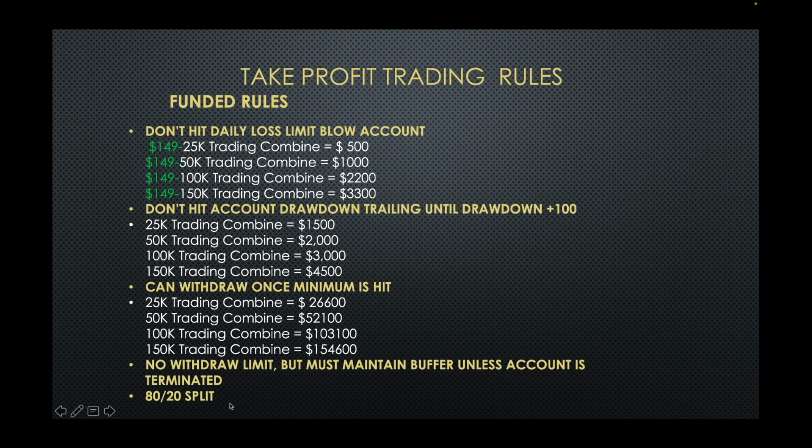They have an 80-20 split. They don't have, you get to keep the first 10,000. It's just a straight 80-20 split. Now, say for example, you make $55,000. So you're up basically that $5,000. You have the buffer plus more. Then you hit your daily drawdown of $1,000. So you're down to 54,000. You lose your account, but you can withdraw all the money down to that 50,000 that you gained. So that's, I guess, a benefit of it.